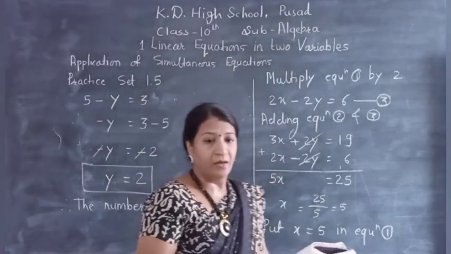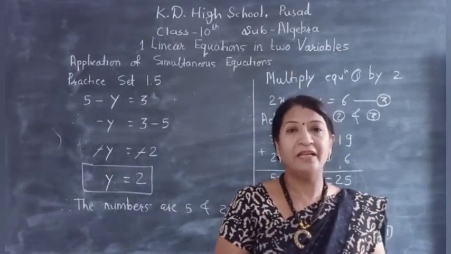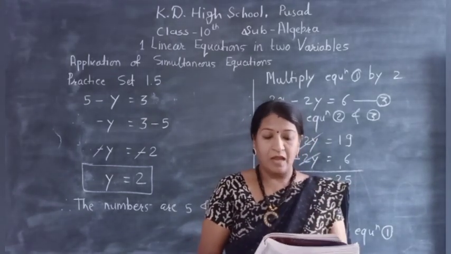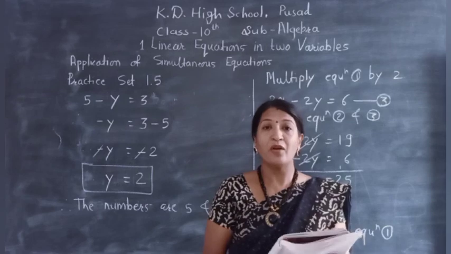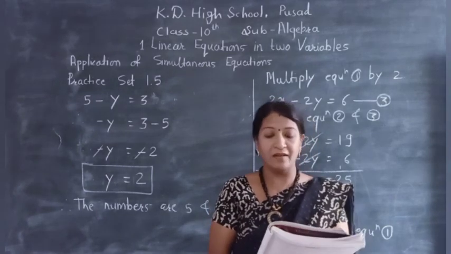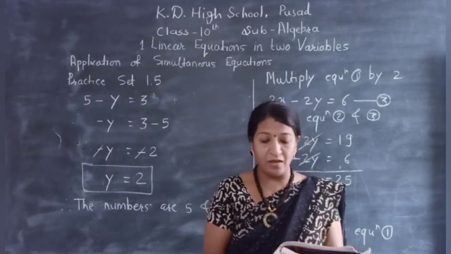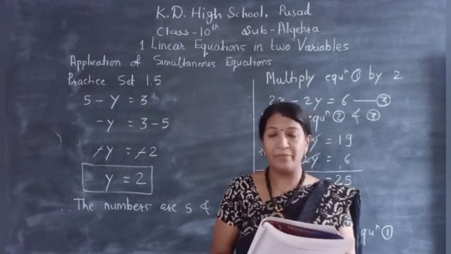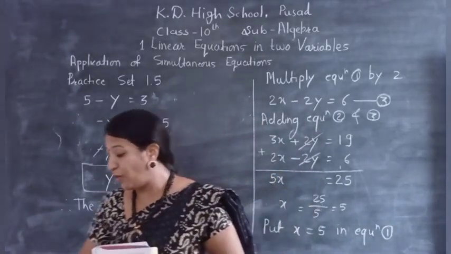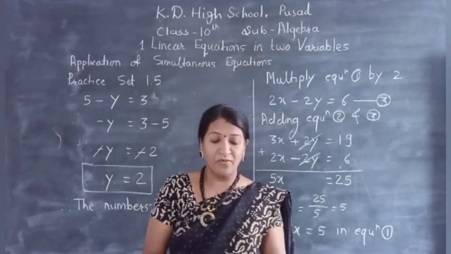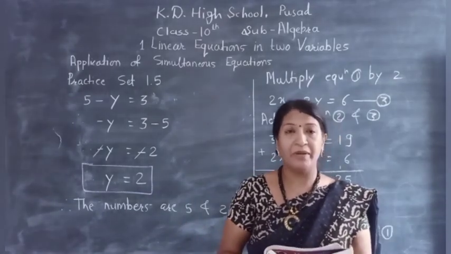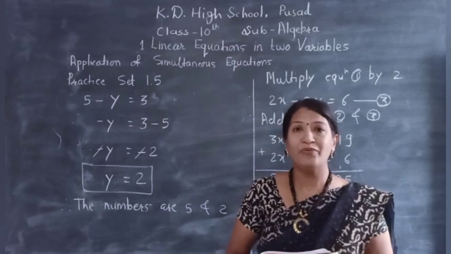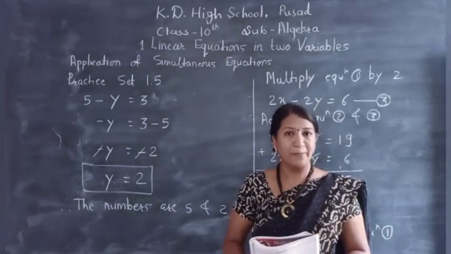Now, our second example, complete the following. I am a rectangle and we observe that all sides of a rectangle are given. Find the values of x and y, and then next question, find my perimeter and area. It's a long question. First of all, we have to find out the length and breadth of the rectangle, and then from length and breadth, we have to find out area and perimeter.